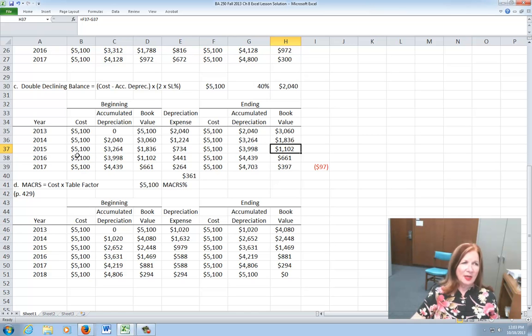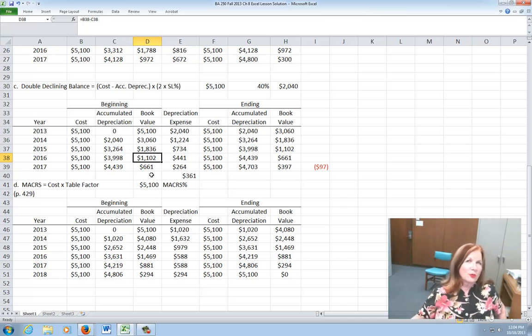2016, we again put in the cost, the accumulated depreciation, and determine the book value with a subtraction function. I'll always be looking in these book values for subtraction functions. Do not put equal to a cell. This would not be a proof if it's just equal to something else. You have to do the math here in order to make this a proof. So this beginning proof of that ending value has to have a subtraction in here. Now,